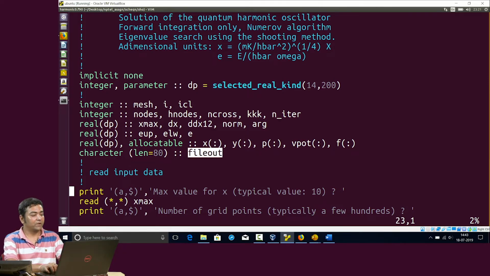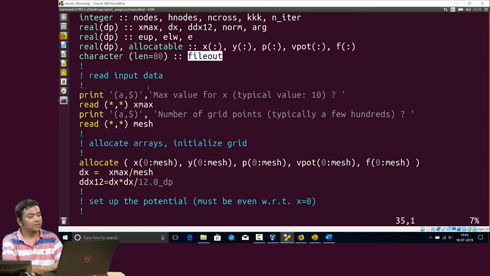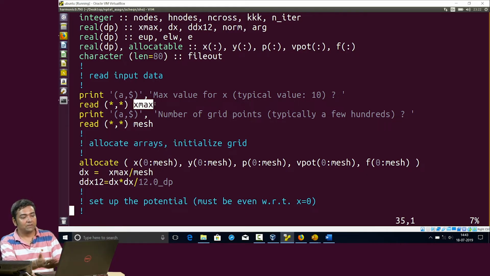What the code first does is ask the value of x max, that is the maximum value of x till which we are going to do the integration, and the integration is done from minus x max to plus x max. But in reality we do it only from 0 to x max, and then, depending on whether you want an even number of nodes or an odd number of nodes, we make it symmetric or antisymmetric. Mesh is the number of grid points you want to do the integration on,